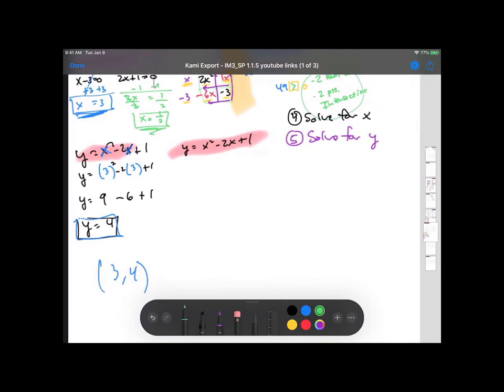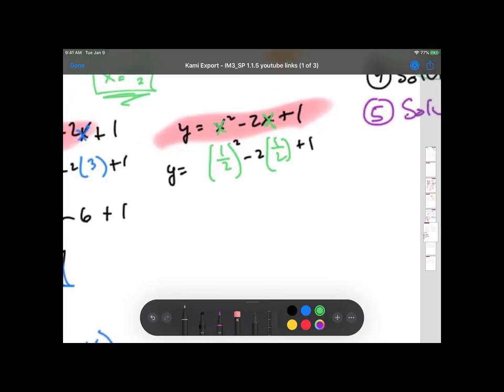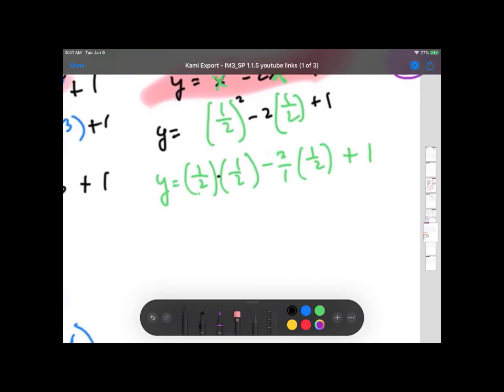Take x equals 1/2. We're going to put it in there for every x value. y equals 1/2 squared minus 2 times 1/2 plus 1. So 1/2 squared is 1/2 times 1/2, which is 1/4. Let me show it to you. 1/2, 1 times 1/2. Alright, negative 2 is just negative 2 over 1, and when you're multiplying fractions, you can just multiply across. So you're going to get 1/4,